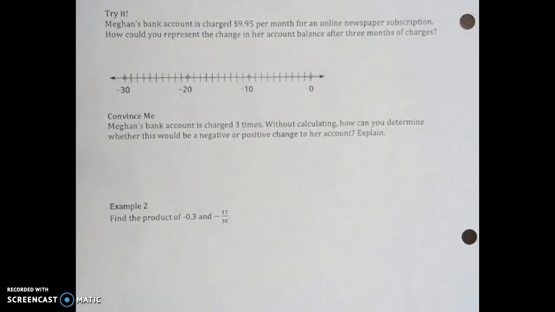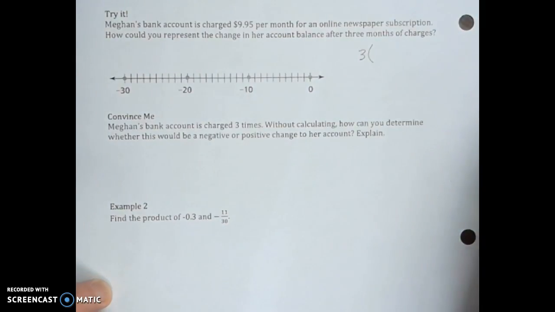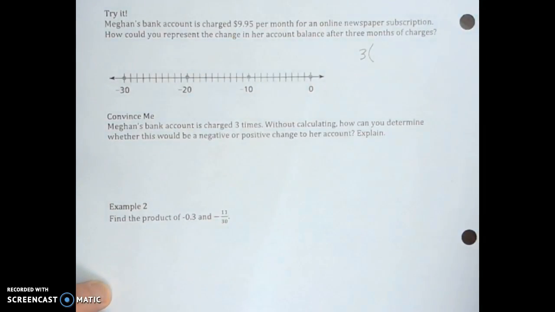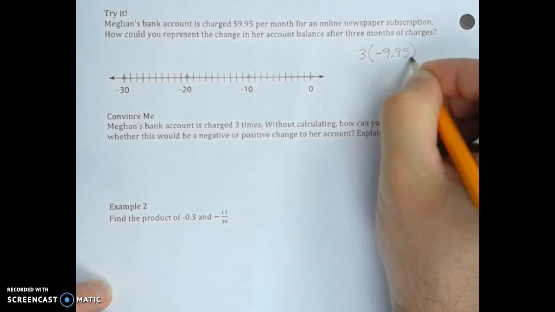In our next example, we're told that Megan's bank account is charged $9.95 per month for an online newspaper subscription. How would you represent the change in her account balance after 3 months of charge? And so what we're doing here, we're going to have 3 times, well, if we're being charged $9.95, that's going to be represented with a negative. So 3 times negative